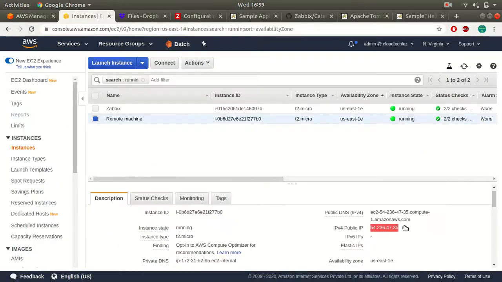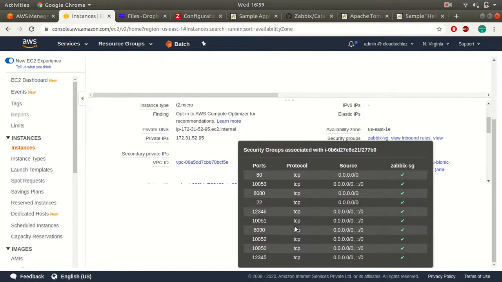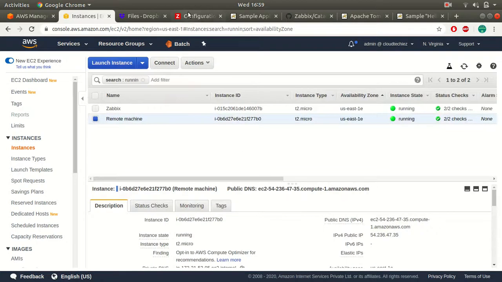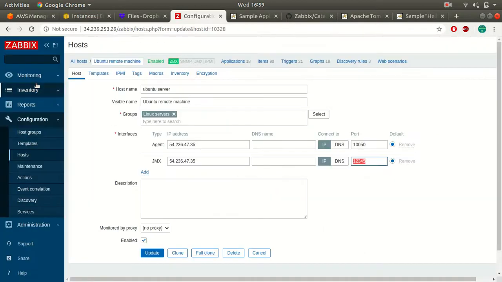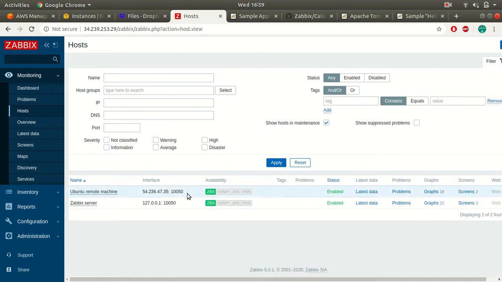So in your security group for your EC2 instances, make sure you have 12345, you have 10052, and this is your agent. So these three port numbers are important. Only then your Zabbix will be able to talk to your Java or your Tomcat using the JMX, else it will not work.